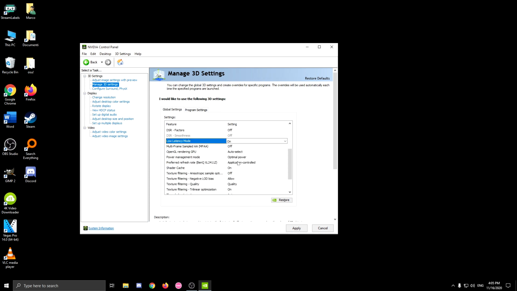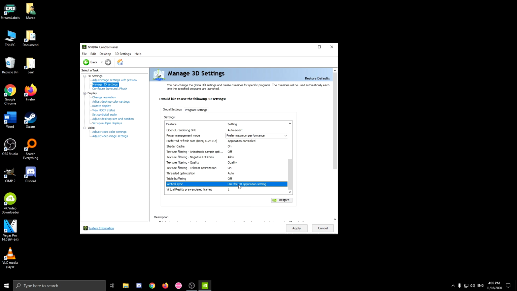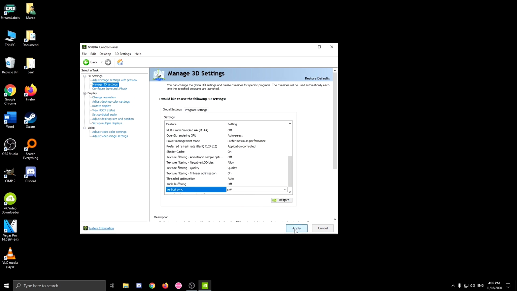Another thing you want to do is go to your power management mode, and instead of having optimal power you want to have prefer maximum performance. Of course we want more performance, the most amount of performance possible. We of course go to triple buffering, this needs to be off, and I cannot stress this enough, it needs to be off. Same thing for vertical sync. And there we go. So we're going to apply that,